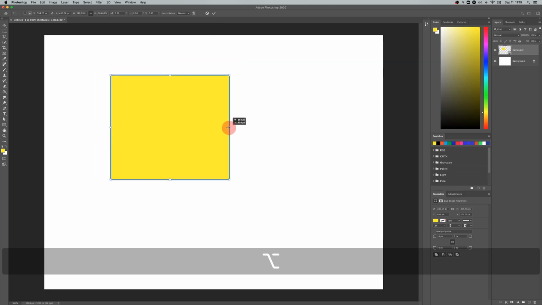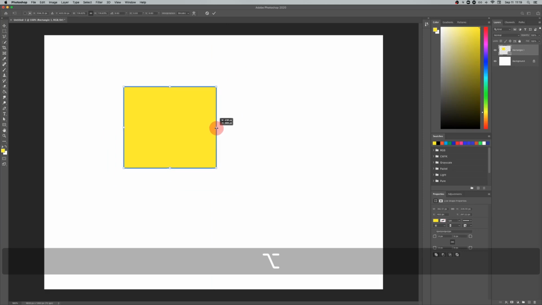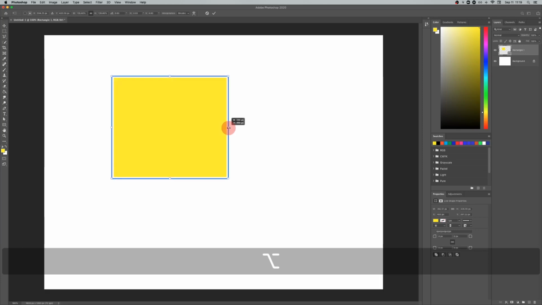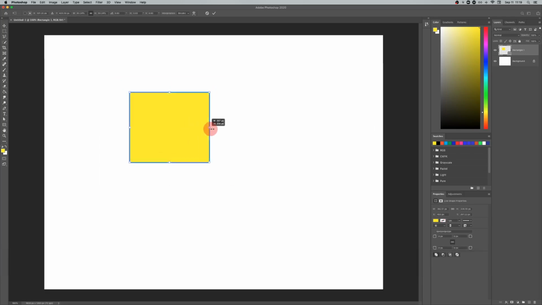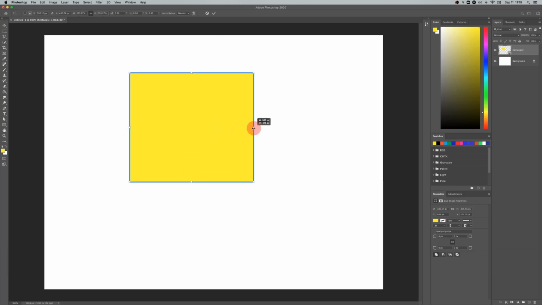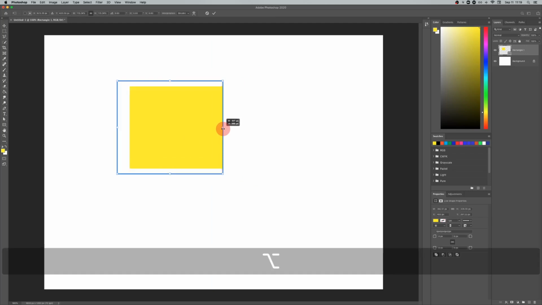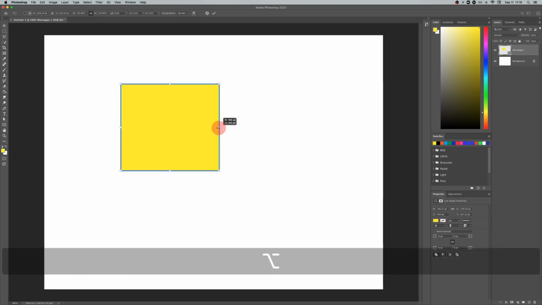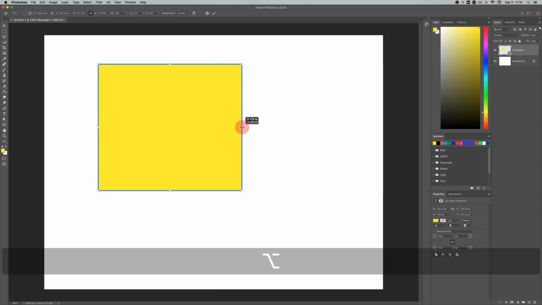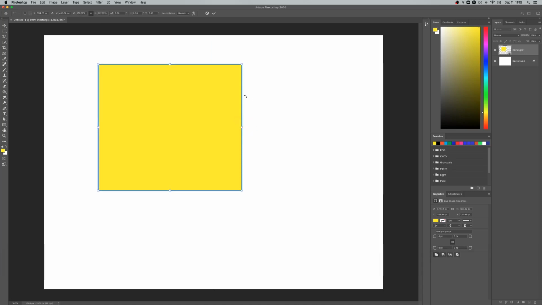So this could be useful to keep an object in its position and scale equally outwards or inwards from the center. So without the Alt button, you'll see you scale in one direction and it is locked from the opposite edge. However, with the Alt button, it is locked from the center and scales outwards or inwards from all the edges. Another thing about scaling and rotating,